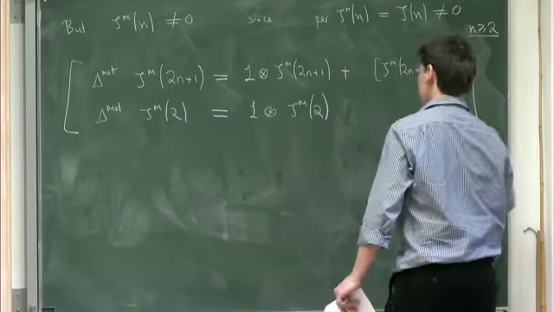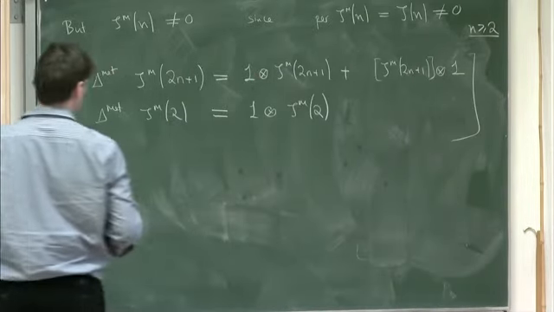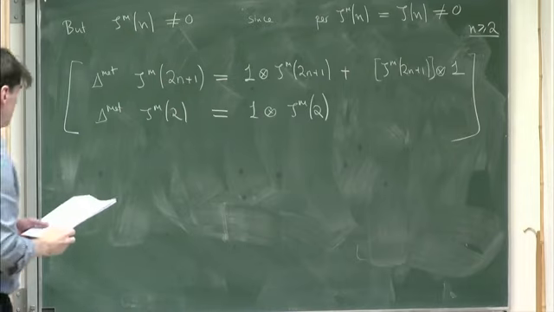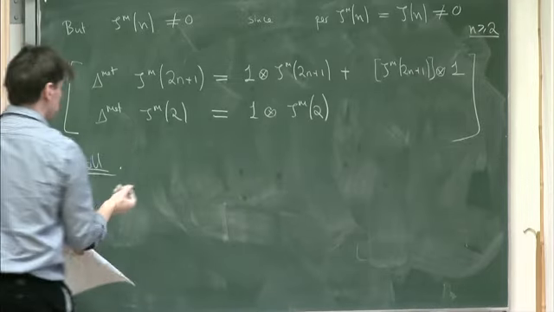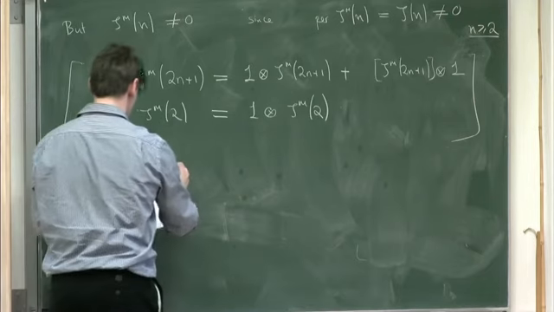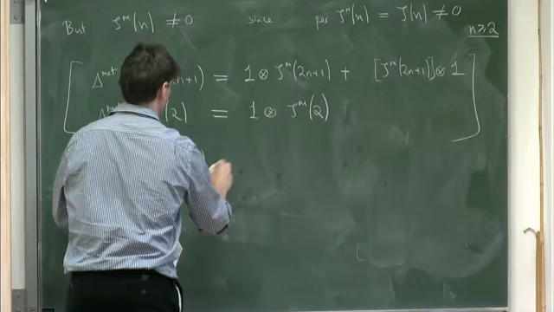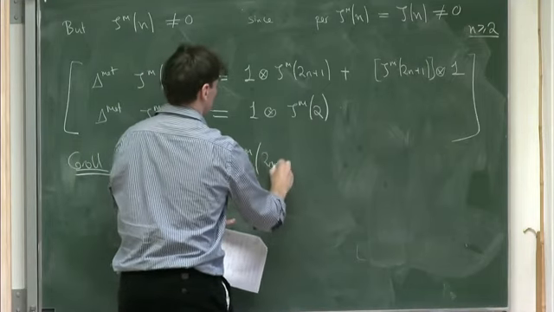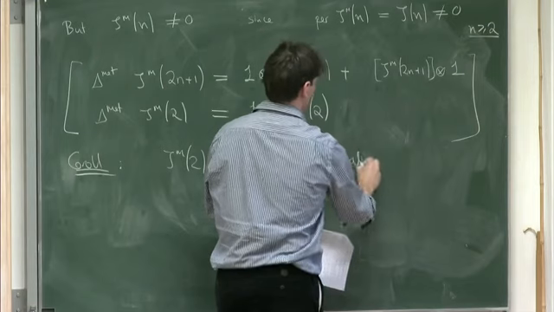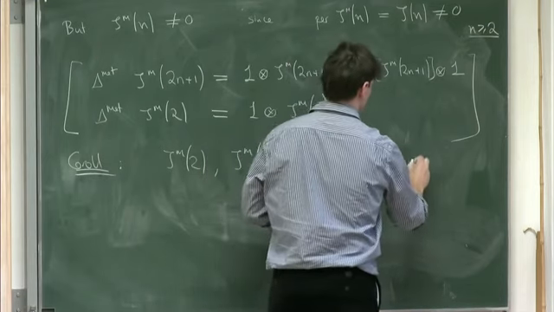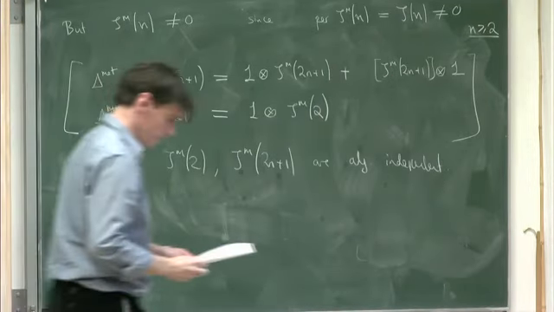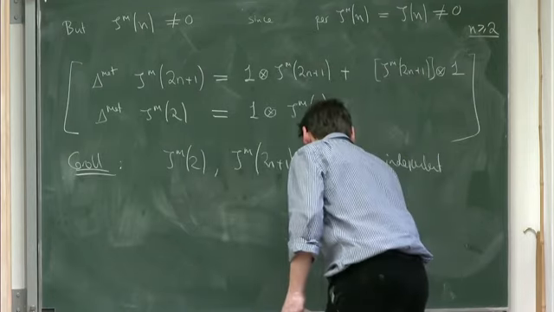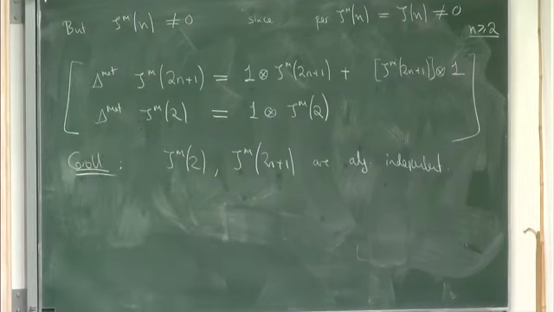So in other words, zeta 2 and the odd zetas are primitive elements. So an immediate corollary one gets from this is that these elements are algebraically independent. That follows immediately from the fact that they're primitives. Okay, so that was a first example of the kind of calculations that one can do.